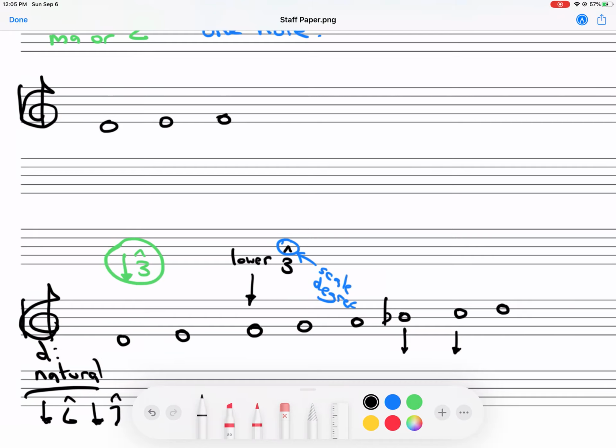So here is the major scale again, D major, because I'm going to start from that and then I'm going to change it. Alright, you already know that if we want to make this into harmonic minor, I need to lower 3. Okay, so flat 3, and also